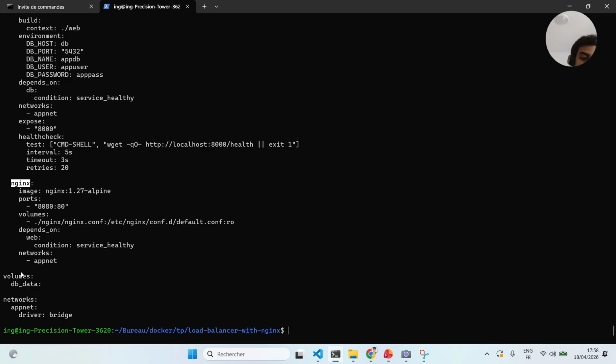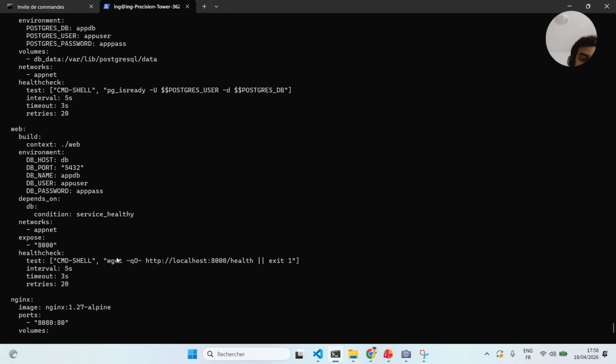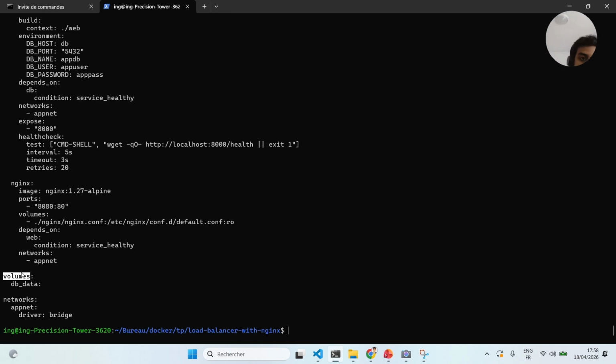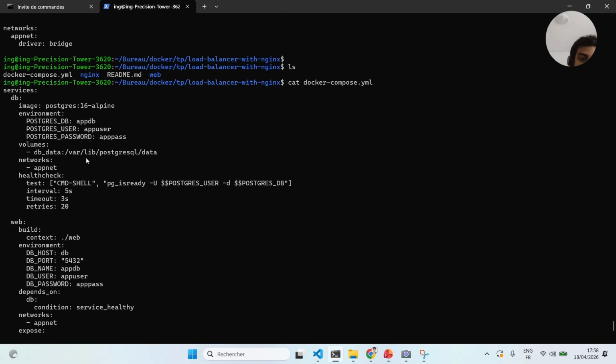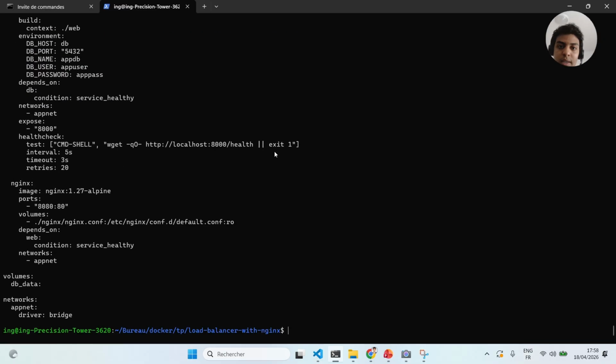Volume is very important because when you are using a database, when you start your instance and you kill it or shut it down, everything is deleted permanently. So you need to make sure that your data is stored somewhere. So thanks to the volume part in Docker Compose, you can save that, and you can see here the database data is stored in the Postgres data volume. So to start this,